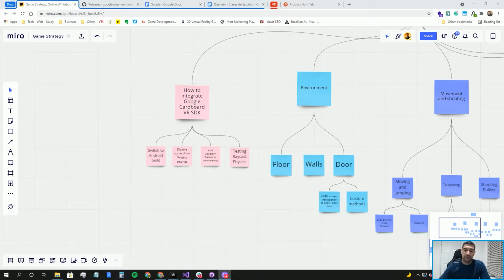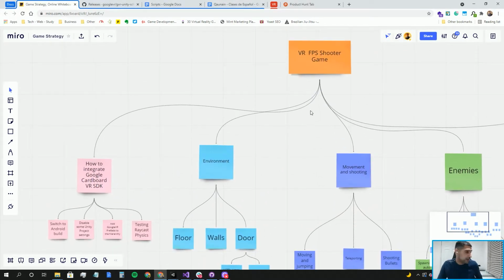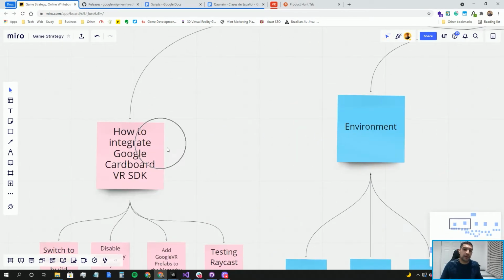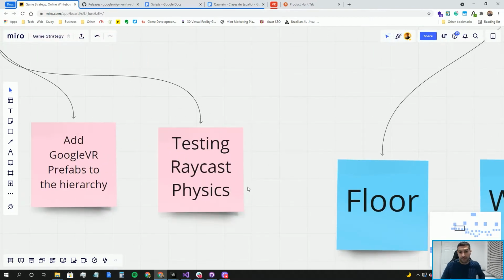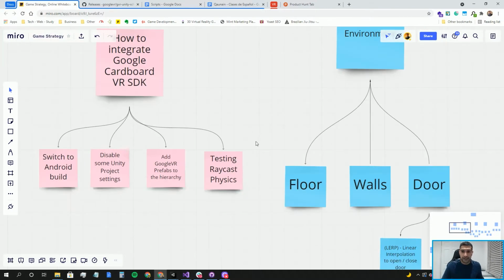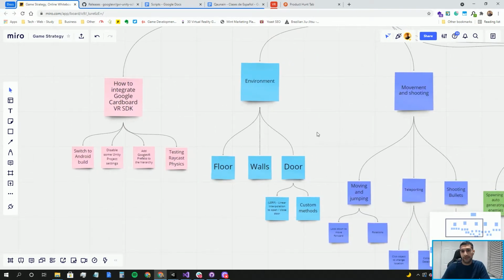This is part 2 of how to make a VR first-person shooter game. Part 1 already covered how to integrate Google Cardboard VR SDK, and we got down to testing Raycast physics on game objects and even destroying them from Raycast and logging that they exist. Now we'll go into making a basic environment and then being able to use Raycast and some animations to move